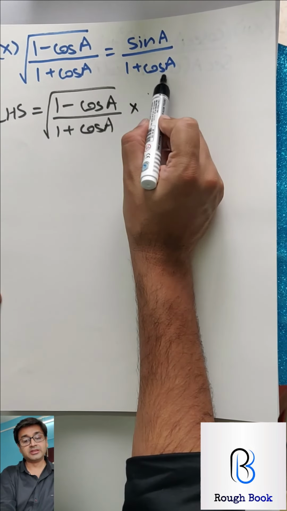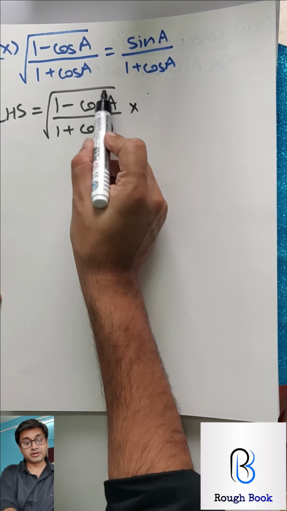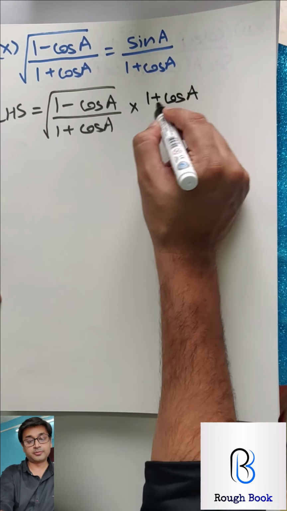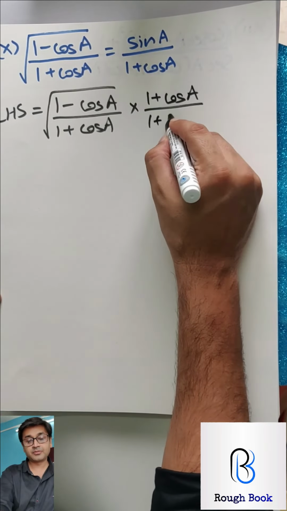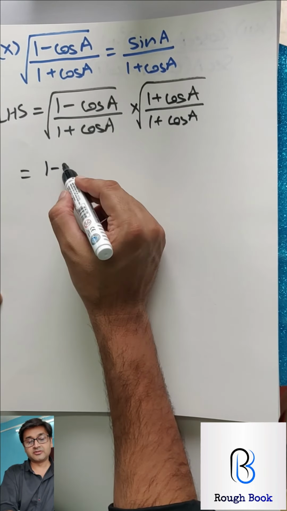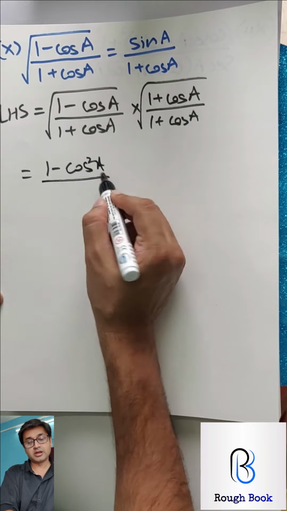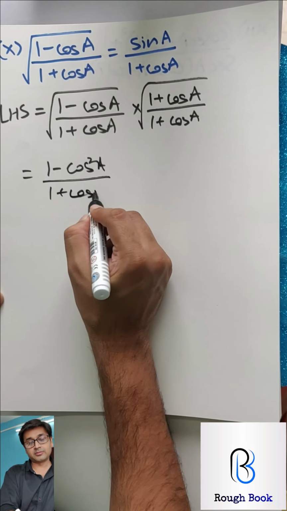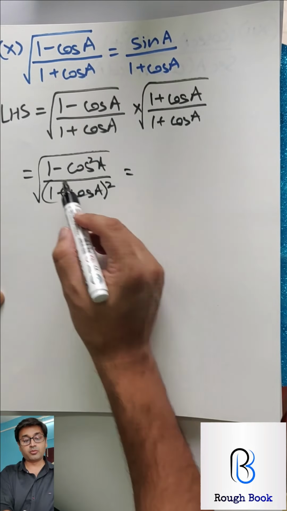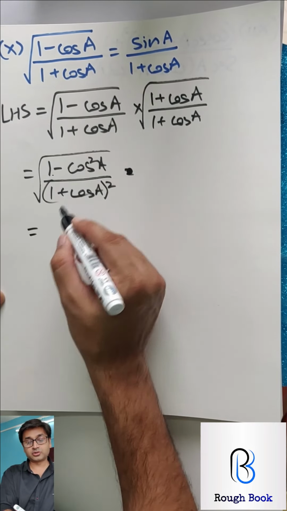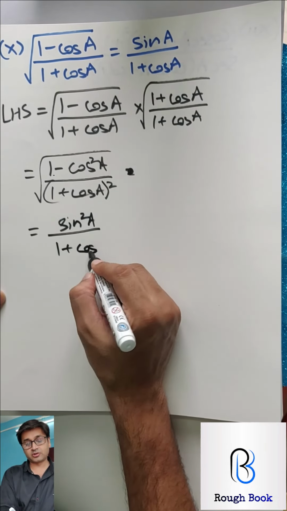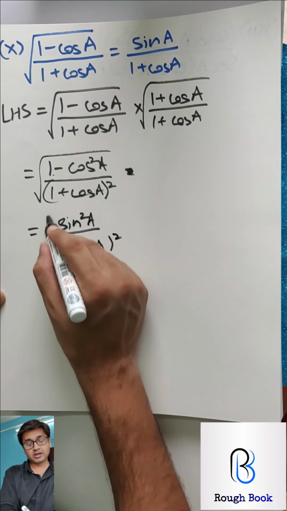Okay. Common sense, you need this. So you can't get rid of this. You have to get rid of this. If you want to get rid of this, take the conjugate of that. That means opposite sign. Conjugate means opposite sign. So there you go. Now hit it. This into this will give you a square minus b square, upon the denominator same. So (1 plus cos A) the whole square, because you are multiplying under the root. So 1 minus cos square will now be called sin square. So that's what we want, upon root of (1 plus cos A) the whole square.